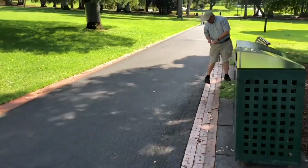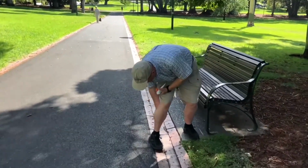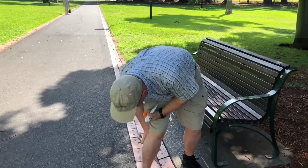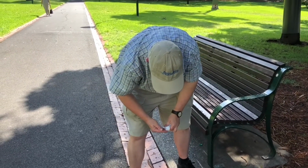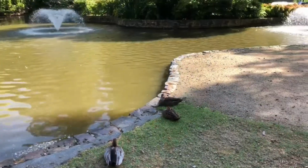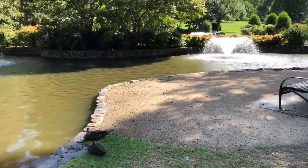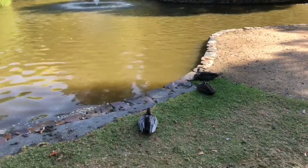And of course, down here, Walter is lathering on the sunscreen as well because it is quite warm already. It's just after 10 o'clock and it's about 22, 23 degrees C, and it's supposed to go up to about 31 today. So this is just another area of Fitzroy Park,